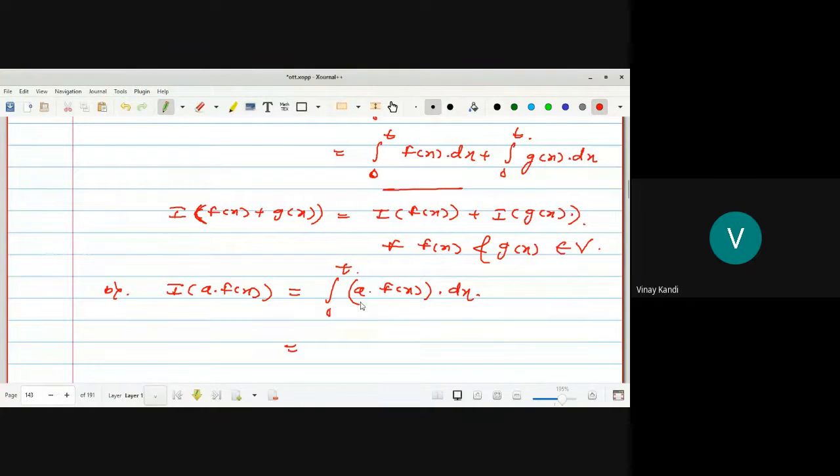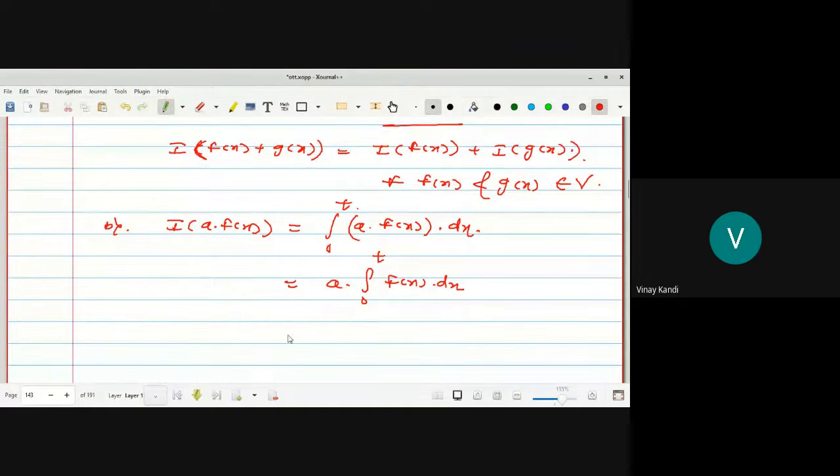So here a into the integral from 0 to t of f of x dx, which is equal to a into I of f of x. So this implies I of a into f of x is equal to a into I of f of x. Hence,